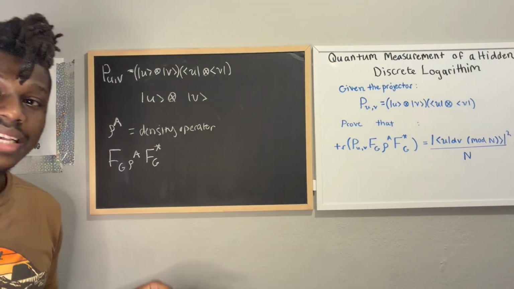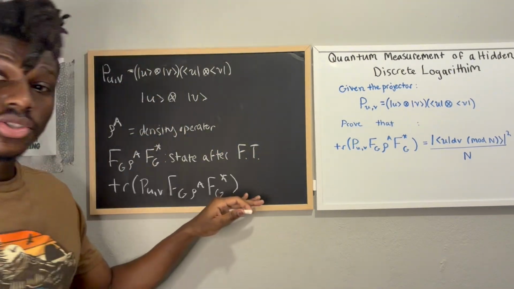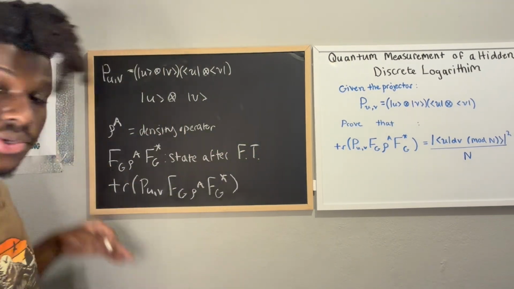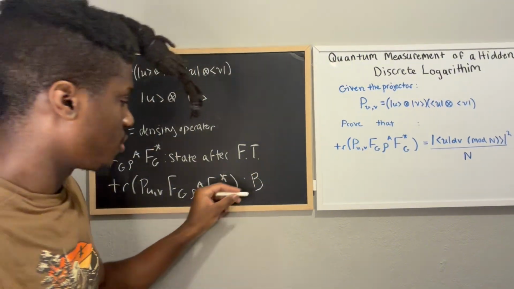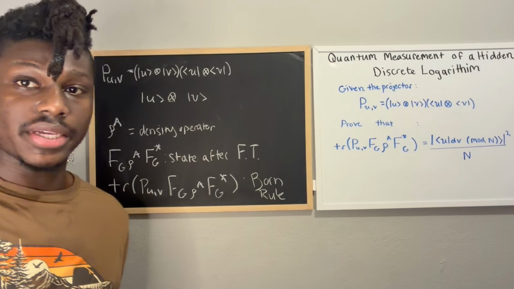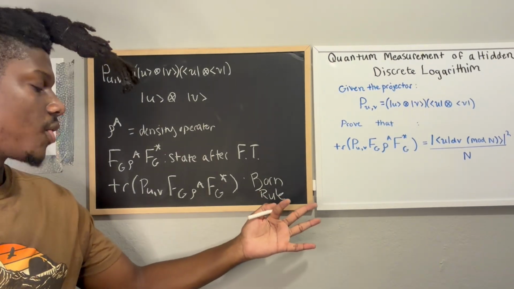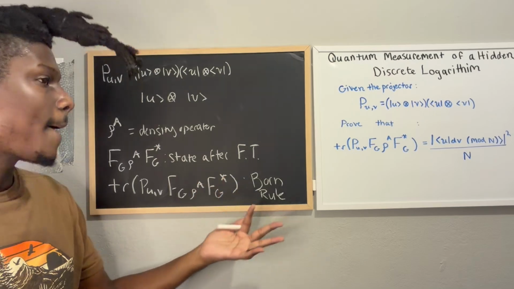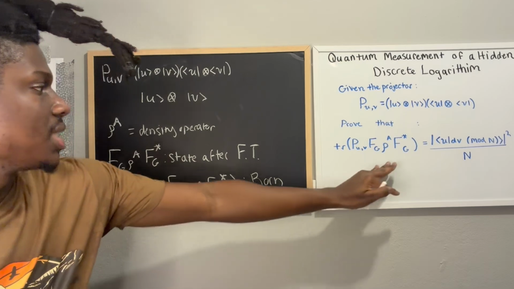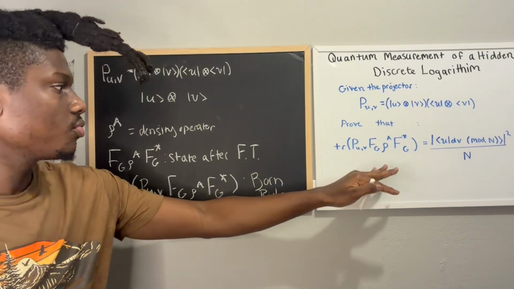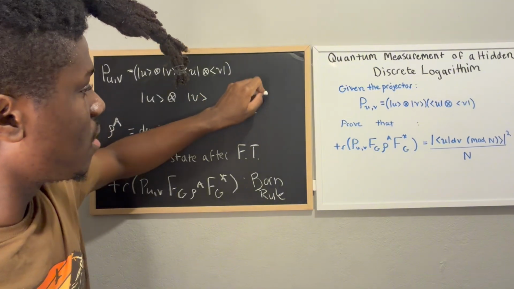So this term is the state after the Fourier transform. Okay, so then finally we have this full trace here. And this trace is the Born rule in density matrix form. If you don't know what the Born rule is, I'll explain briefly. It's a rule in quantum mechanics which converts our quantum state into probabilities of outcomes that we can actually measure. Since we're using density matrices here, the Born rule takes its form from the trace of P